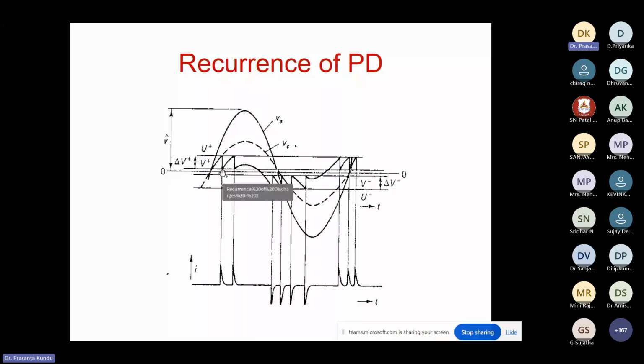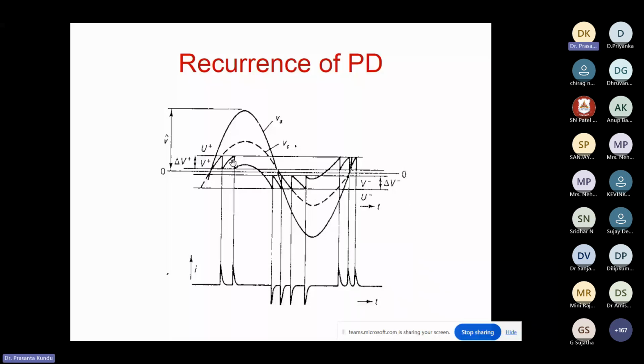This is written like that, but it is a statistical phenomenon. It won't occur so regularly. Any breakdown is statistical, it will not always occur at the same voltage. Sometimes it occurs at 10 kV, another time it may occur at 11 kV or 9 kV. So there will be a statistical distribution. There will be a sigma for it, some deviations of these voltages. But for understanding, it is given that if the voltage exceeds U plus V in the positive cycle and U minus V in the negative cycle, then there will be a breakdown.